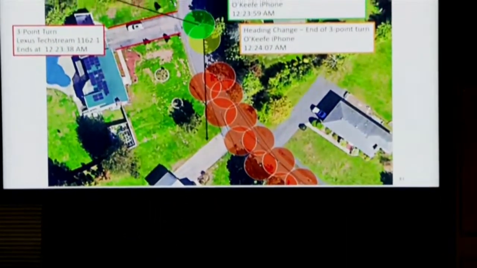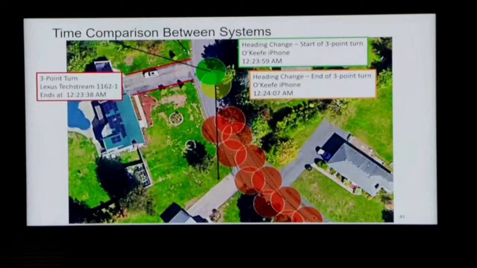Did you develop a photograph with some detail to explain this in more of a picture format? Yes, I did make a graphical representation of this. If we could have 41, please. Could you break this down for us, Mr. Burgess? Sure. So this is, again, a zoomed-in version of the map that we showed earlier.